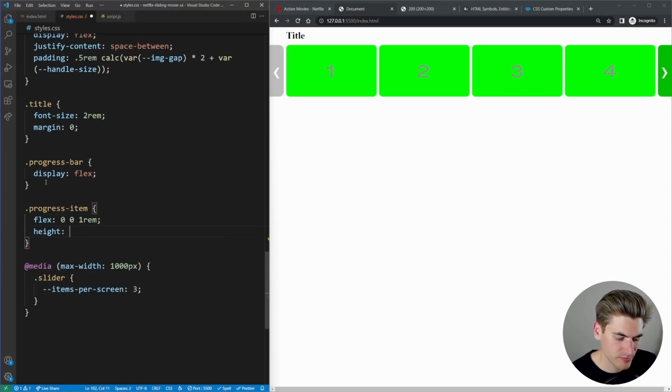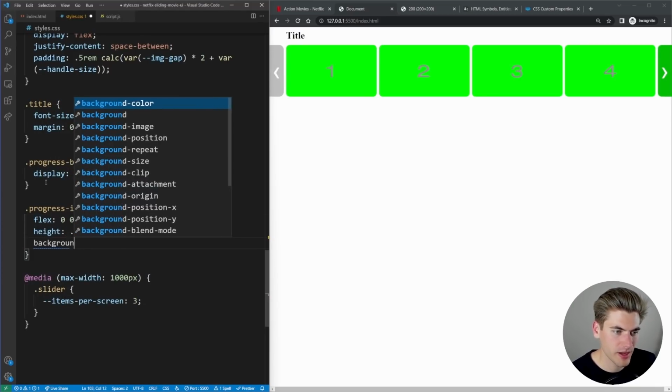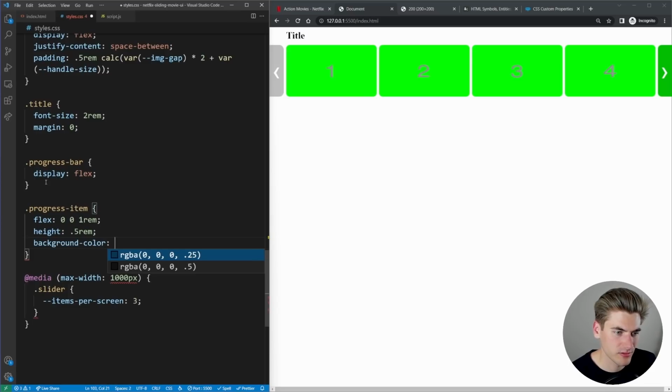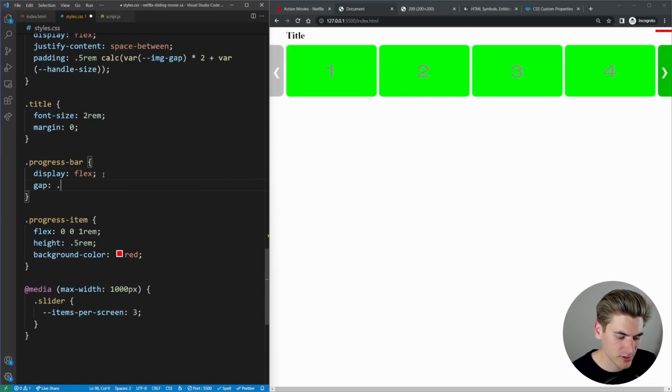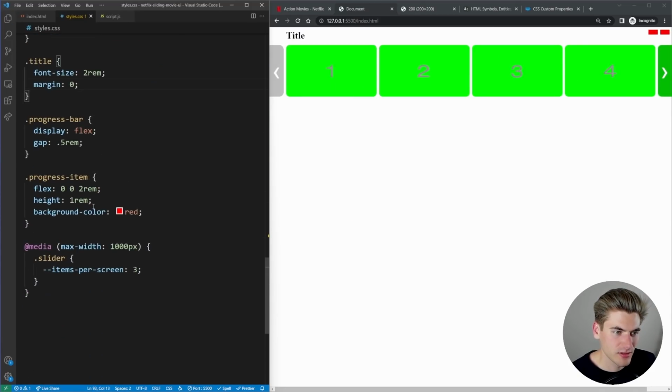Height of 0.5 rem, background color red, just so we can see it. We're going to put a gap on here of 0.5 rem. So let's make this a little bit bigger. We'll change this to 2 maybe, and we'll change this to 1. Gap 0.5. Yep, that makes sense.